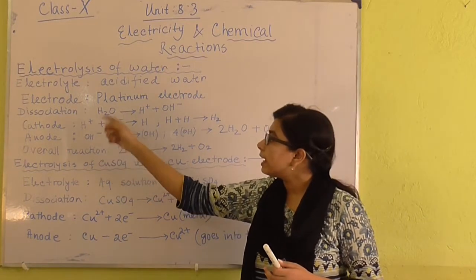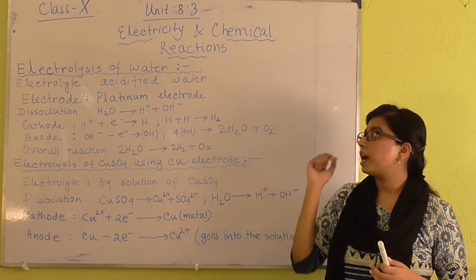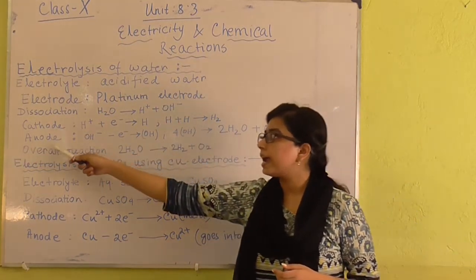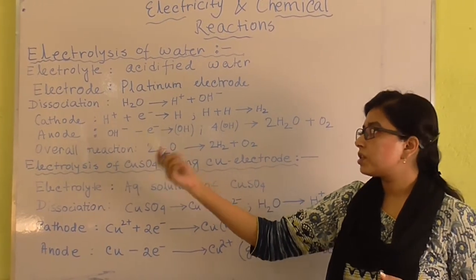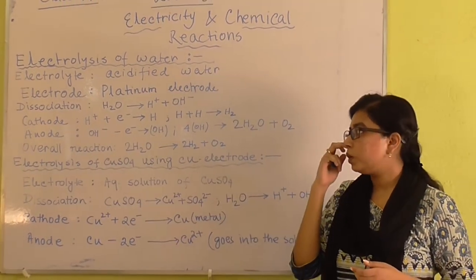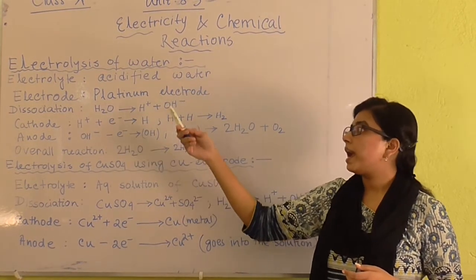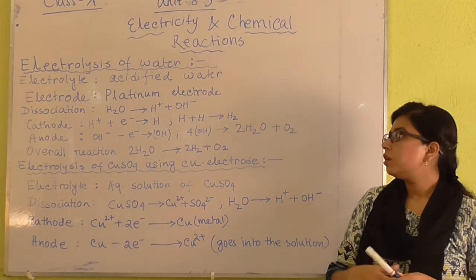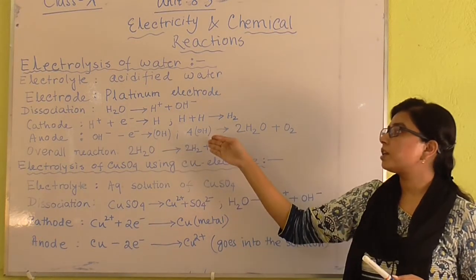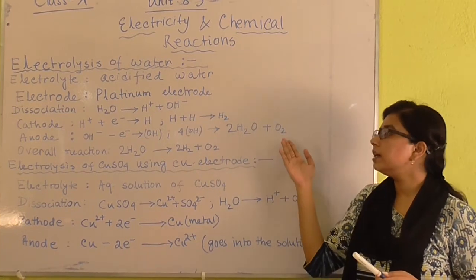And next thing is the hydroxide ions, all the OH minus ions, they will move towards the anode. In the anode oxidation takes place, as we know. So it will reject one electron and will produce hydroxyl as a functional group. In this way 4 functional groups will combine and can produce 2 molecules of water and 1